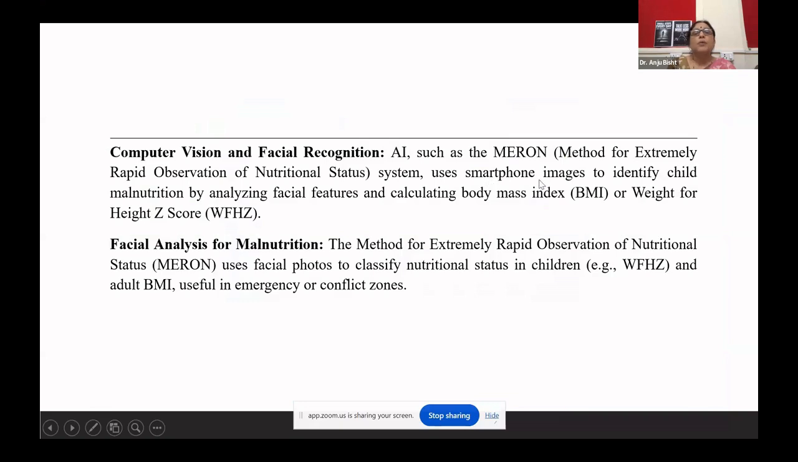It uses smartphone images to identify child malnutrition by analyzing the facial features